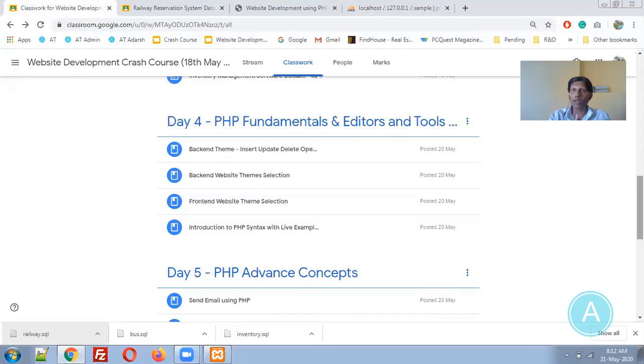You have already uploaded one website and created an account on 000webhost. They provide free domain and hosting service. That is only possible with PHP. That is not possible with Java and .NET, because they are proprietary languages, and for those we need to pay some amount. In case of PHP, it is very easy.